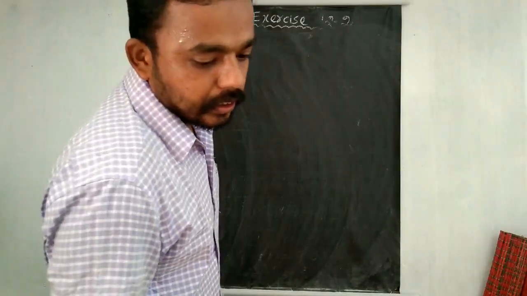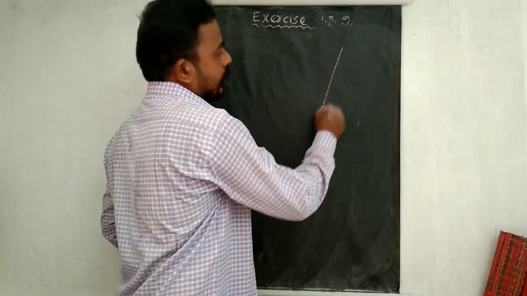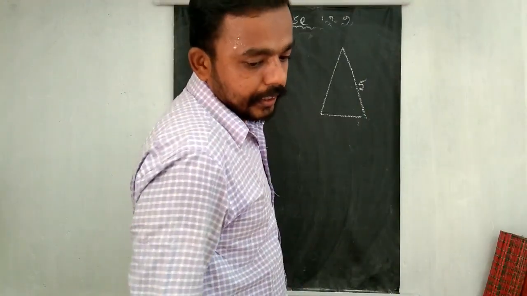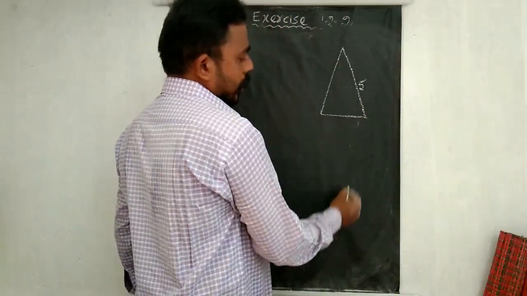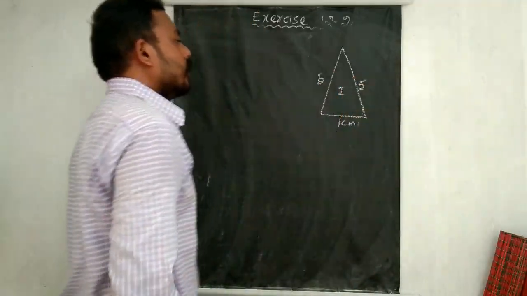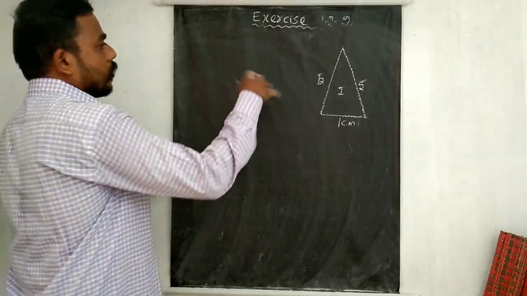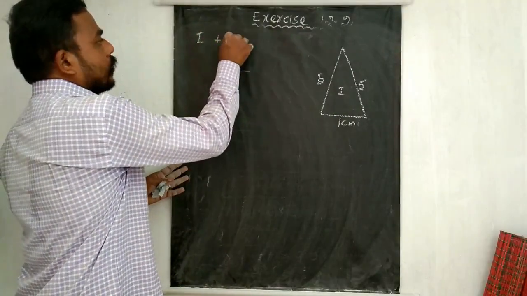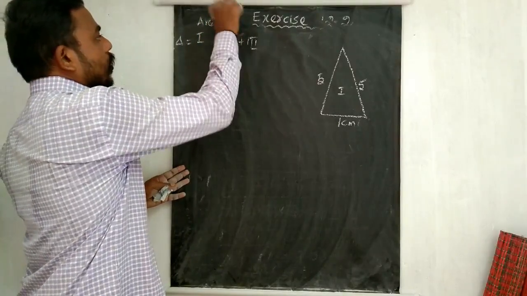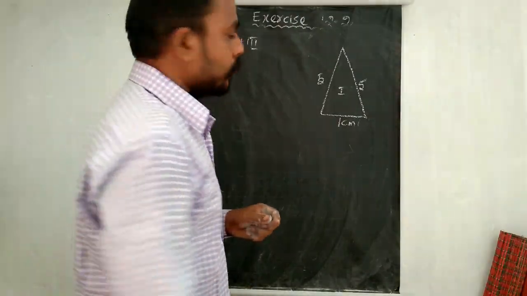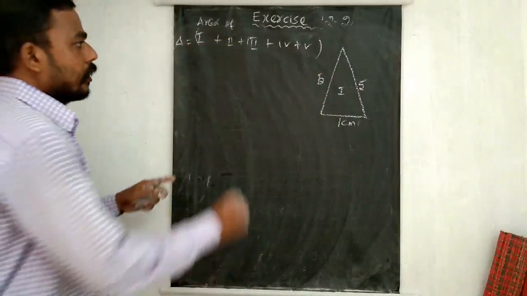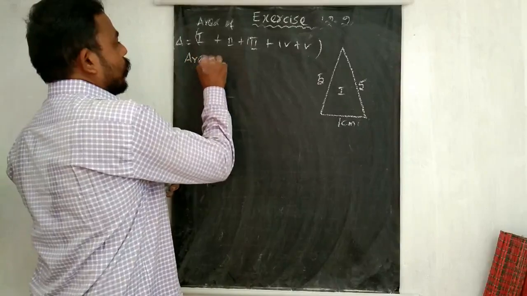I'm going to write the first triangle. Actually, this is the triangle format given. This is 5 centimeters given. The base you can compare with the other base of 1 centimeter given, so this is also fine. So the area of the whole picture equals triangle 1 plus 2 plus 3, the area of region 1 plus 3 plus 2 plus 4 plus 5. This is the format. So area 1.